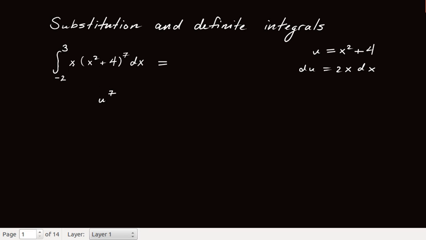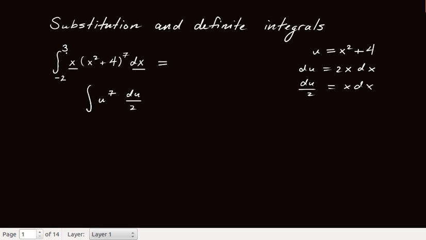And then the x dx, what is that over here? Well, that's almost the same as what I have over here, except there's a 2. So I'm going to divide both sides by 2 in this expression. I get du over 2. So x dx, what's left over is du over 2. Okay? Now I write this integral sign. Now to be fair,